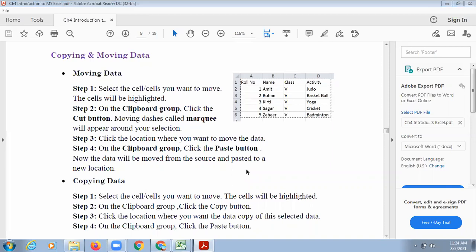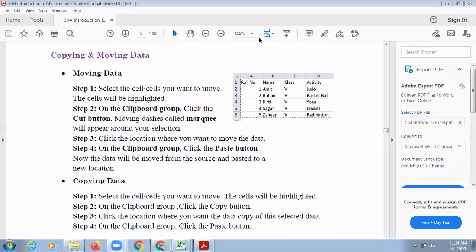What is the difference between, first of all, copying and moving? That you have to understand first. Copying means you are going to copy something and then you are making the same copy of this content somewhere else. So your data will now be at two different places. The same data will be at two different places. That means copy.